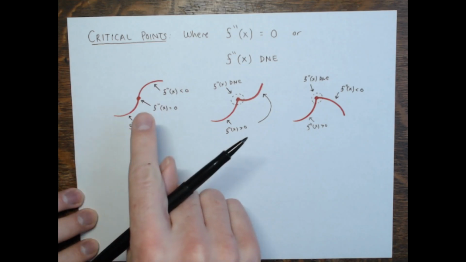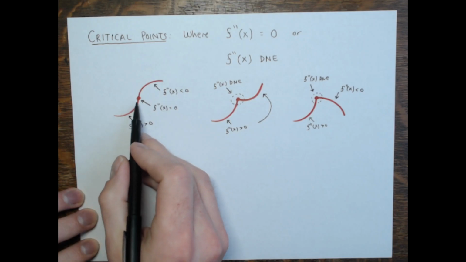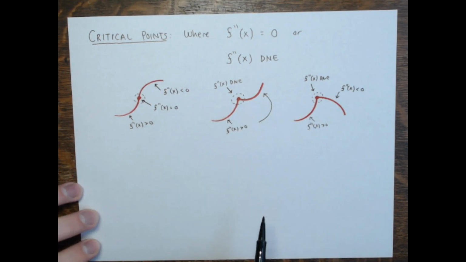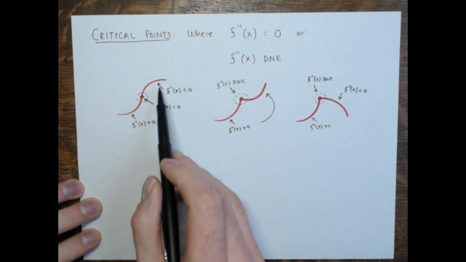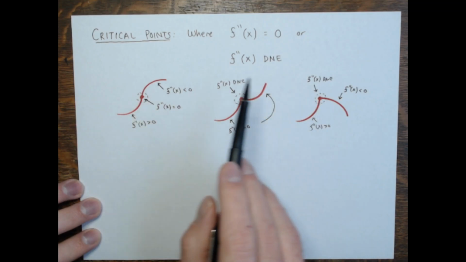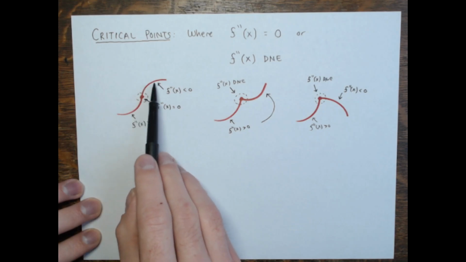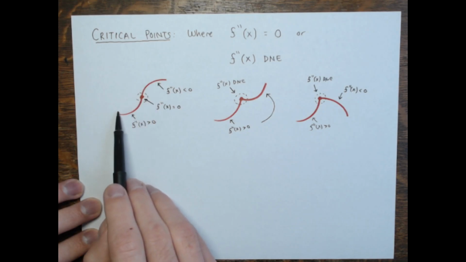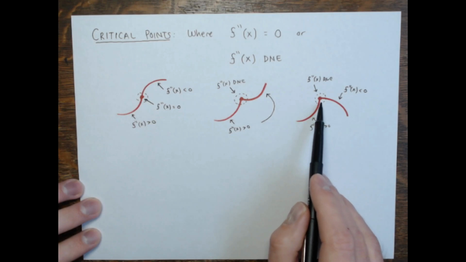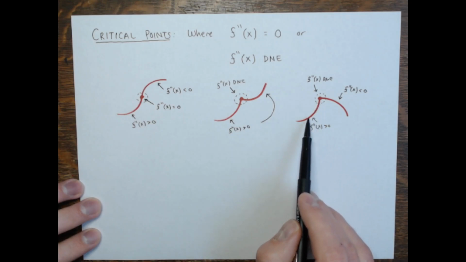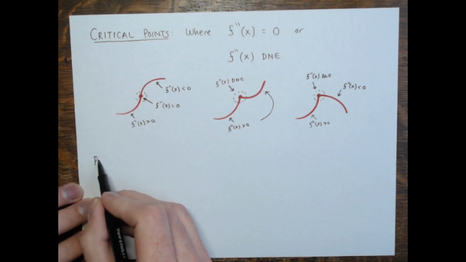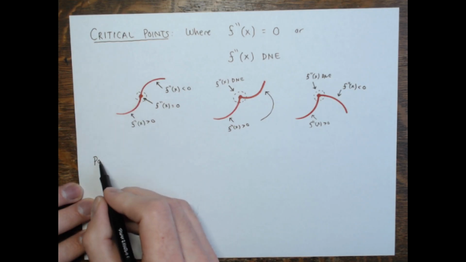Now, at these critical points, the points where the second derivative is 0 or undefined, you could get, that doesn't happen here, but like in this first and third picture, you could get a change in concavity. See how this is concave up on the left of that point, and then concave down to the right? Same thing at this point in the third picture, it's concave up on the left side, but concave down on the right side. So points where concavity changes